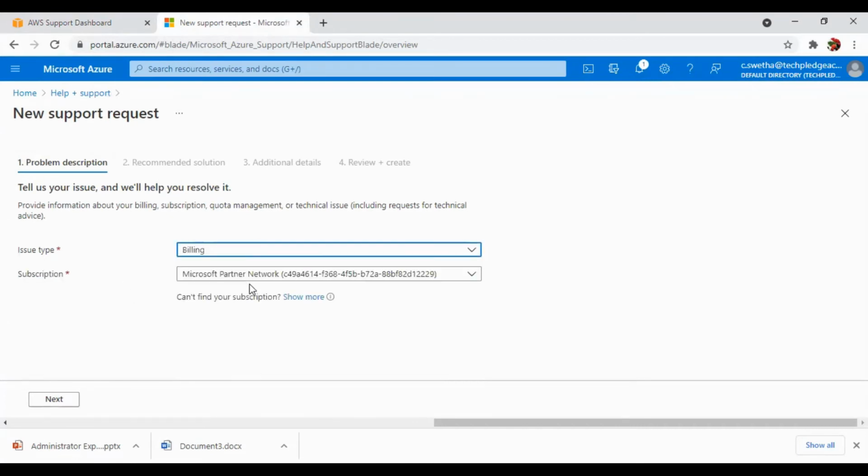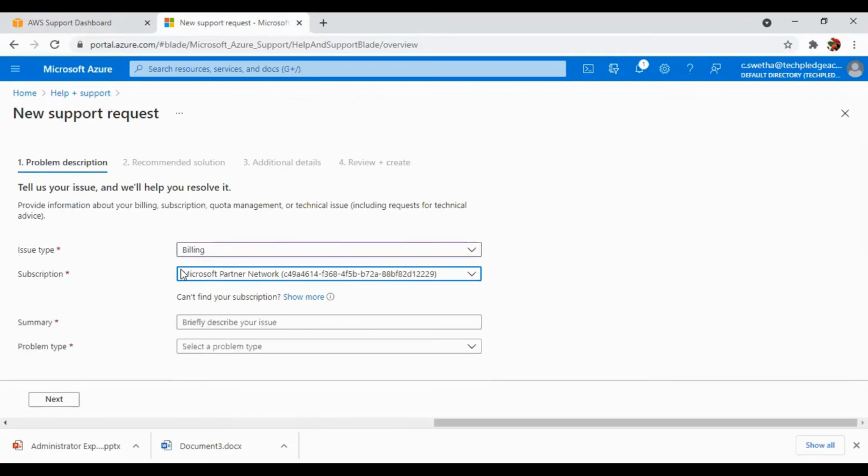Issue type: what was your issue type? Was it billing? So we'll go for billing. The subscription was under Microsoft Partner Network. You need to provide the summary as you did in AWS, and you need to define the problem type. Then they will offer the recommended solution, then you will go for additional details.